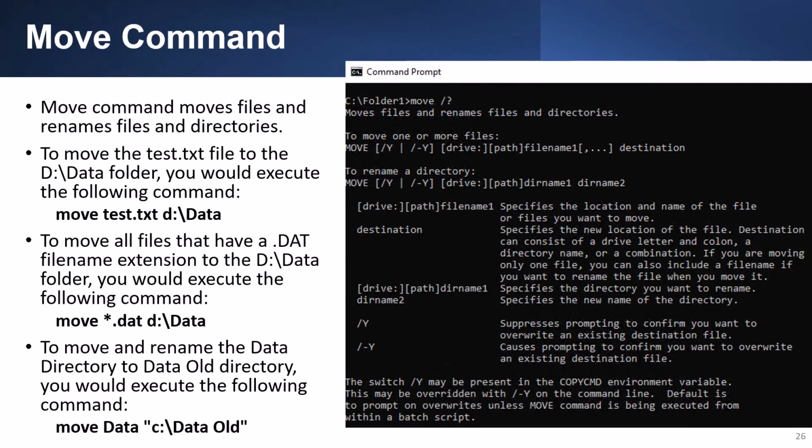The move command moves files and renames files and directories. To move the test.txt file to the D:\data folder, you would execute the following command: move test.txt D:\data. To move all files that have the .dat file name extension to the D:\data folder, you would execute the following command: move *.dat